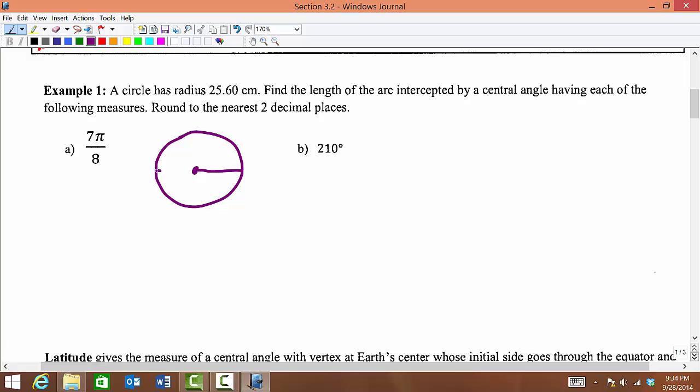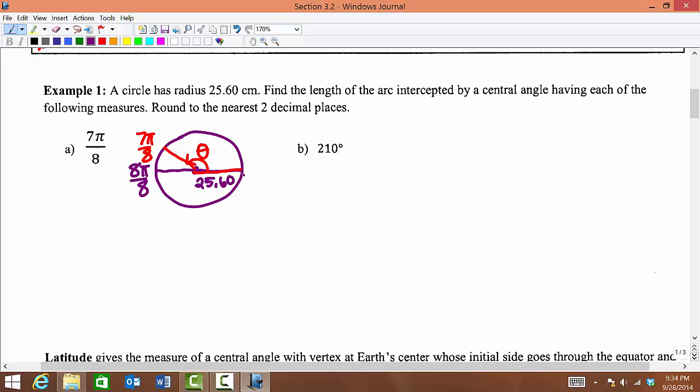We know 8 pi over 8 would be right here, so 7 pi over 8 is about right there. So here's our central angle, theta, 7 pi divided by 8, and the radius of our circle, we're told, is